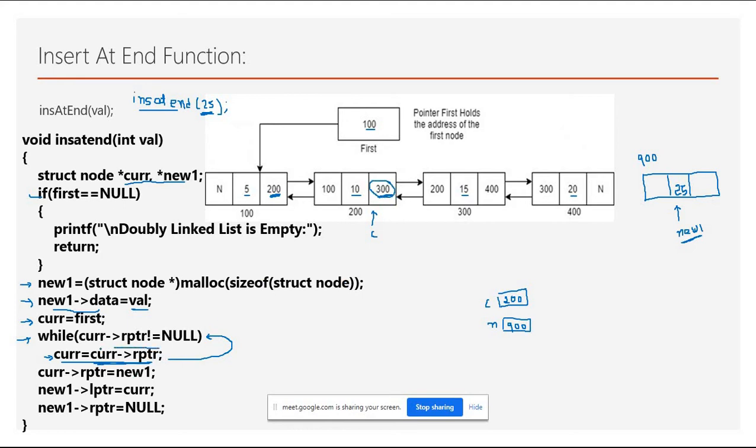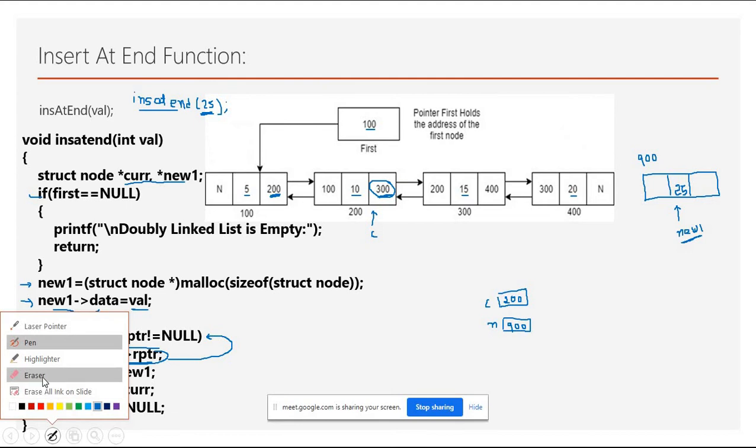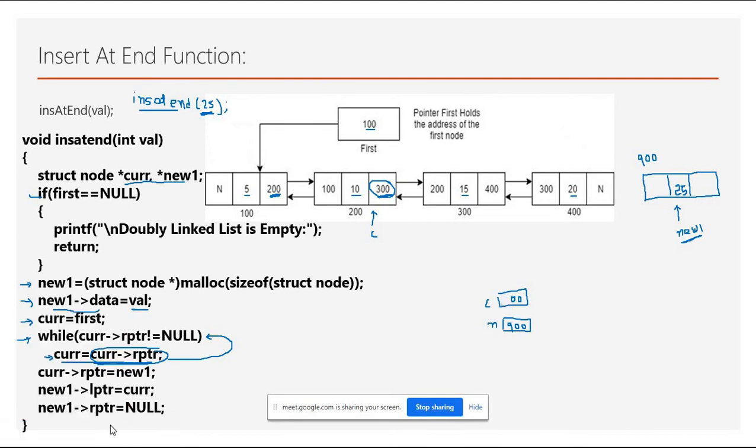So this 300 you have to assign to your current variable. So now your current is having not 200, but instead of that current is having 300. So now our current pointer is just moving one step ahead, and current pointer is pointing to this node, right, which is on 300.